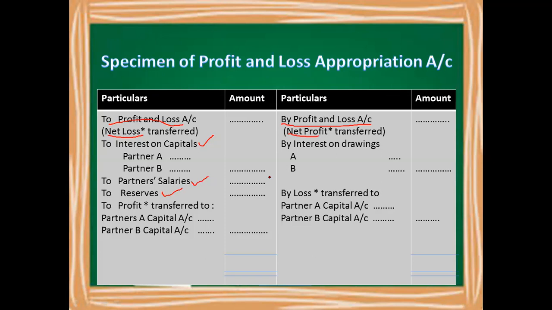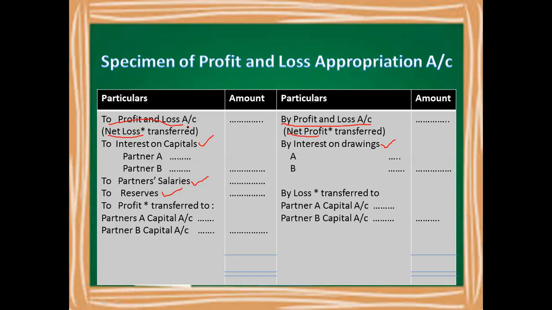And on the debit side, we also have interest on drawings. Again, we charge the partner if the partnership deed provides for it. Just as partners ask for interest on capital, the firm can demand interest on drawings. On the credit side, we show what the firm will receive from the partner. So on the debit side, what the partner will receive from the firm, and on the credit side, what the firm will receive from the partner. On the credit side, we have two entries, one for the net profit and the other for interest on drawings.